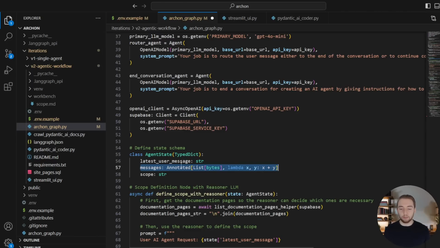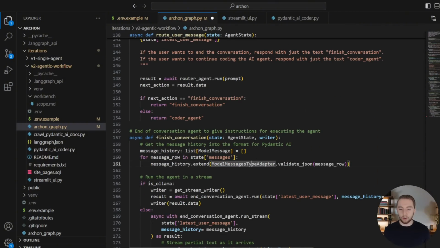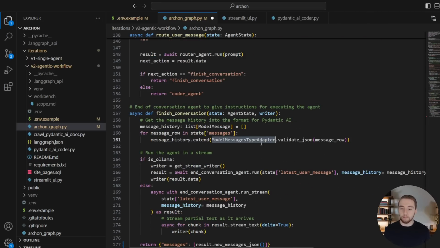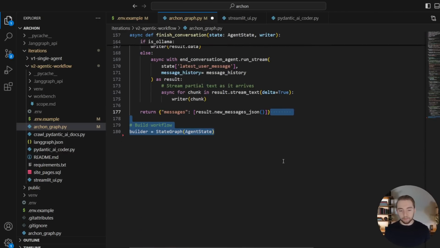That's what we're putting into this messages state right here. And then when we convert it back into what we want to pass into Pydantic AI using the model messages adapter, we're turning it into whatever format, like the objects that Pydantic AI uses to represent the different messages from that binary JSON. So that is it. So now we can create this builder right here based on the state that we have